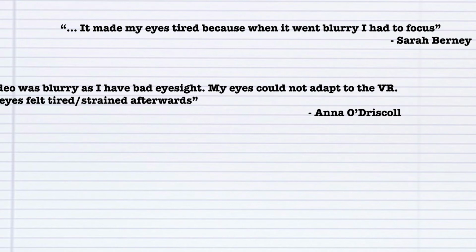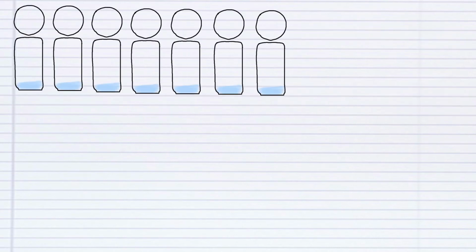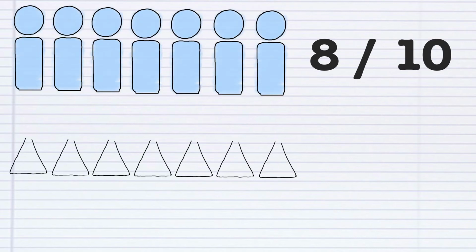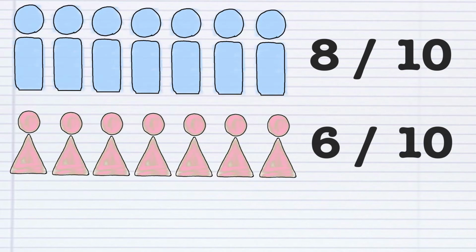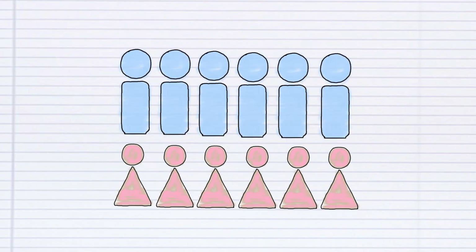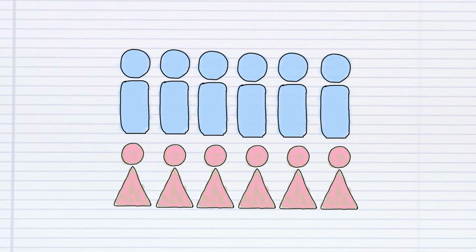Looking at the results of our surveys, males tended to rate the immersion higher, scoring an average of 8 out of 10 amongst 7 males, whereas females tended to be less immersed, only scoring an average of 6 out of 10. Out of the 12 people that felt they were a character within the story, 6 male and 6 female,